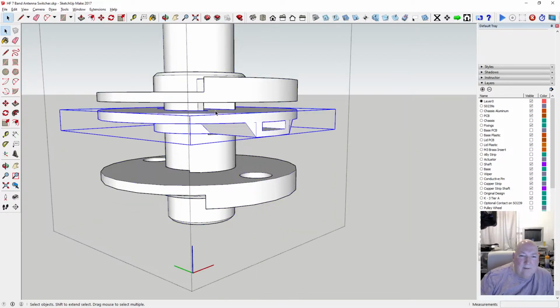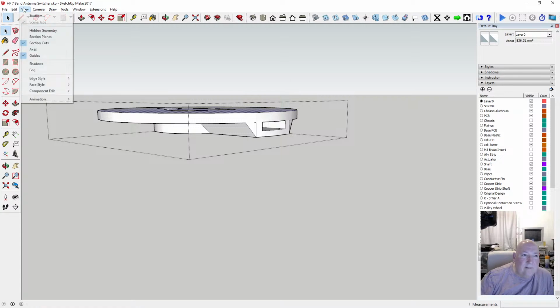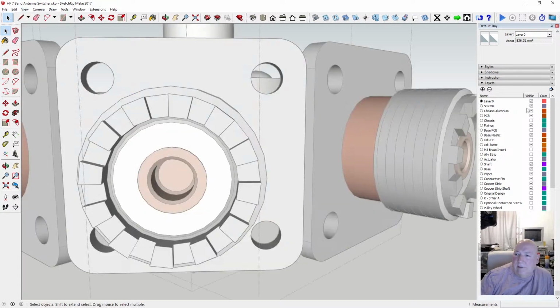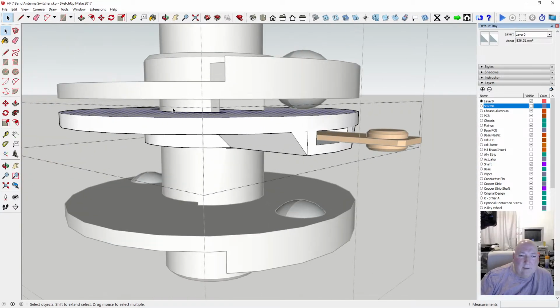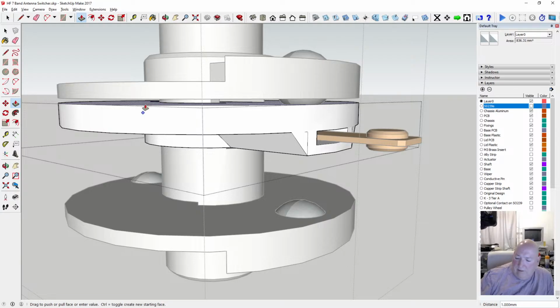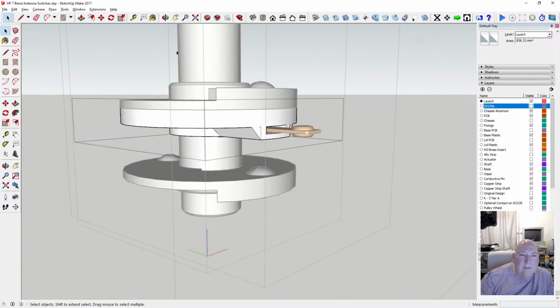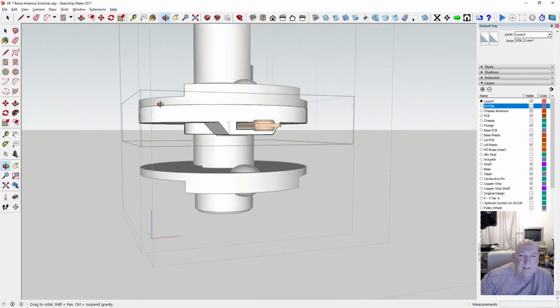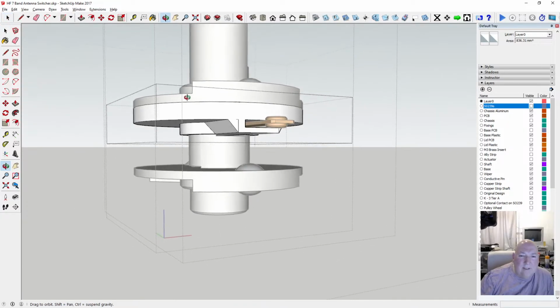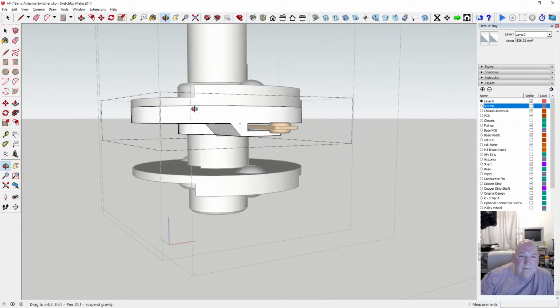So I'll go into that one. We'll show the rest of the model. Oh, get rid of some of those. We'll lift that up. And we'll go up direction to there. That's it. Okay. Now it needs to have a slight gap, because you can't fit them. Oh, you might be able to actually.